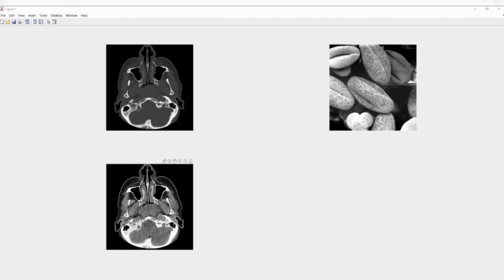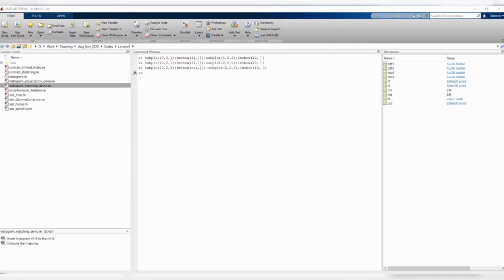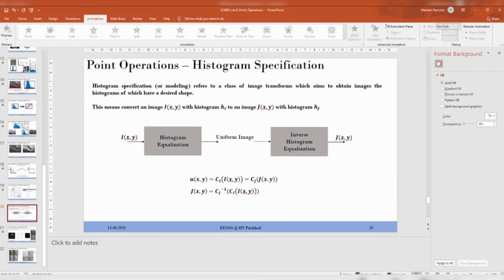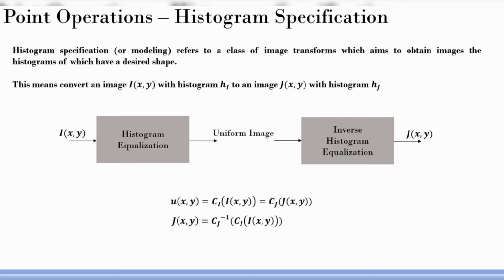These sorts of concepts are where image processing is becoming very, very handy, and many times it's extremely useful in many applications. So in this example, I'm trying to see the texture in this image more clearly, which is not very visible here. Even histogram equalization may give you something closer to this, but probably this is better than histogram equalization. So we will play with all these images during the hands-on session. Going back to the lecture, this should be clear to you by now, and if not, we will discuss more in detail in the hands-on session.